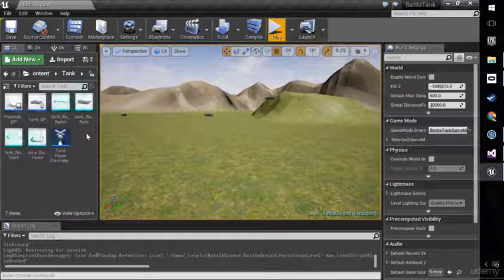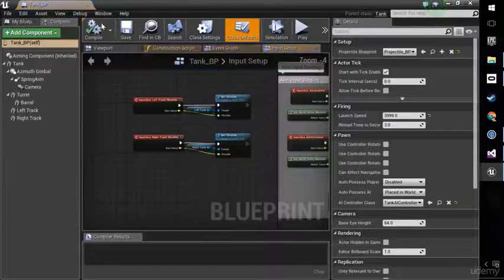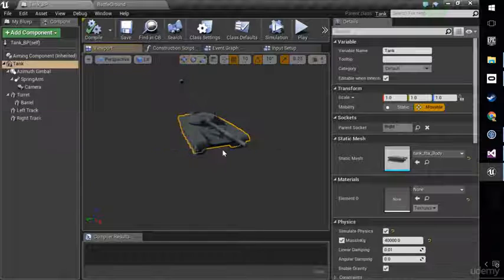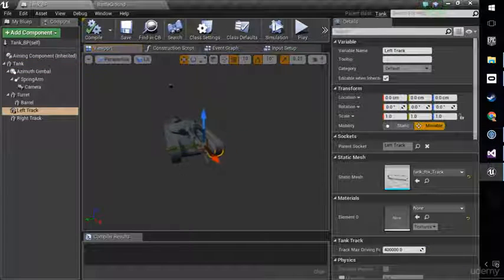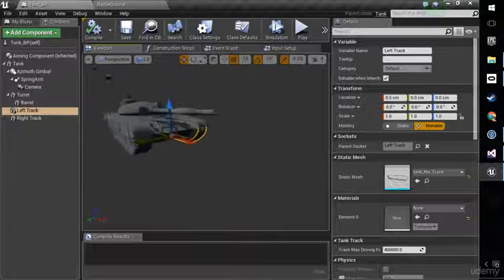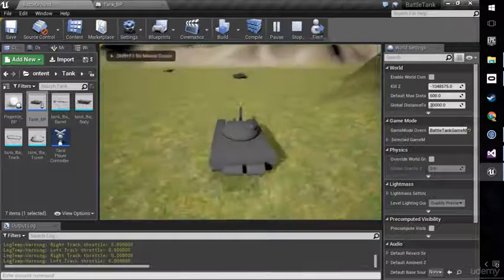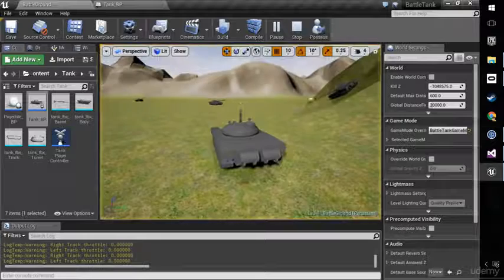So if we go to the tank blueprint, just to remind ourselves how it's put together, it's a good place to orientate ourselves. It's these tracks that are in contact. Well, it looks like it's the tracks that are in contact with the ground, but actually right now it's not, is it? If we go to the battleground, play the game, depossess with F8, and make sure that collision is on under the show menu,